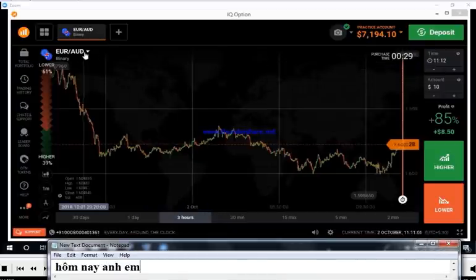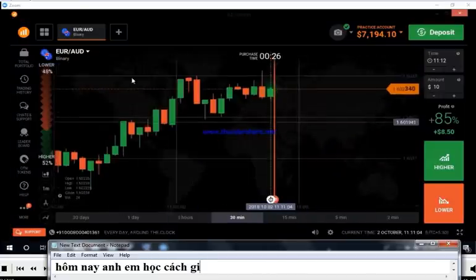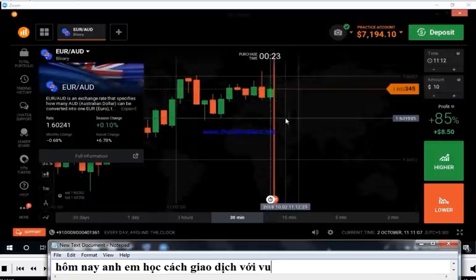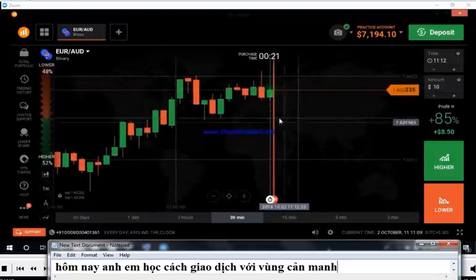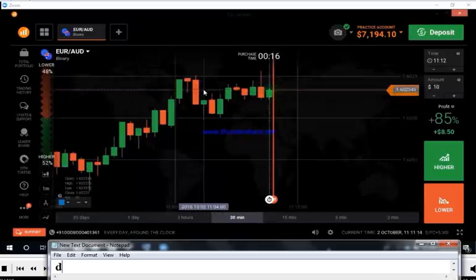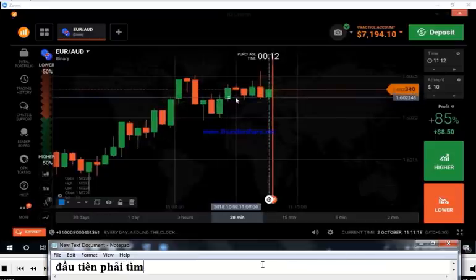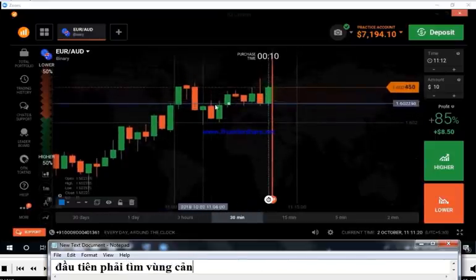Again, I'm drawing strong levels here. So you can see this is the Euro AD chart. This is the price bar. I'm drawing the level near to the price bar. So there is a level here,